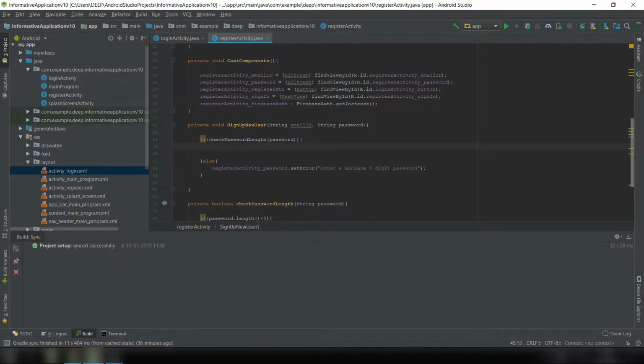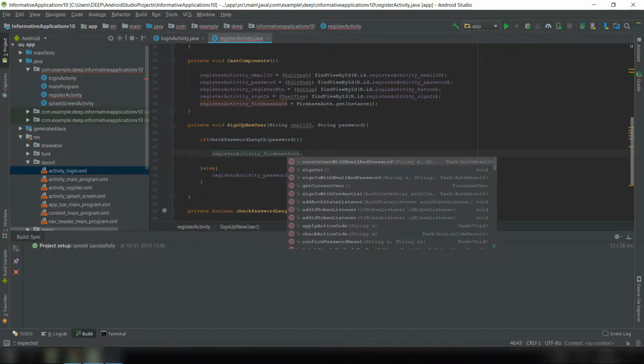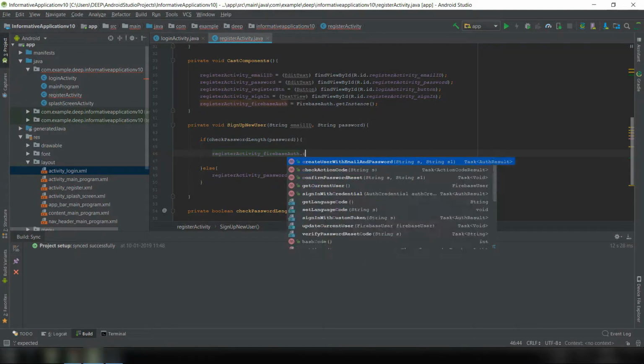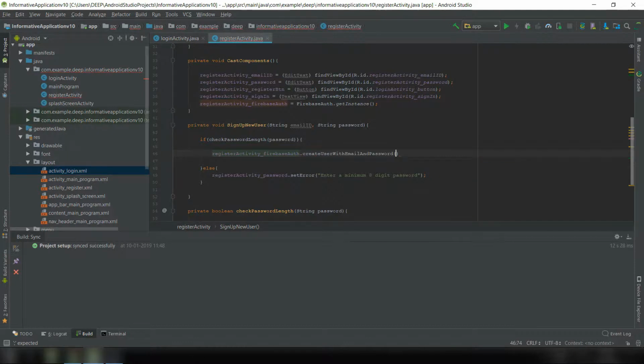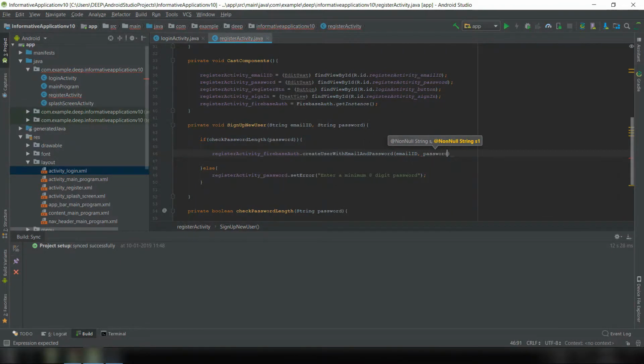And when the password is checked, now it's time to sign up the user. So FirebaseAuth.createUserWithEmailAndPassword. You should select this one. So createUserWithEmailAndPassword. First it needs the email ID. Now it needs the password. Now we'll attach